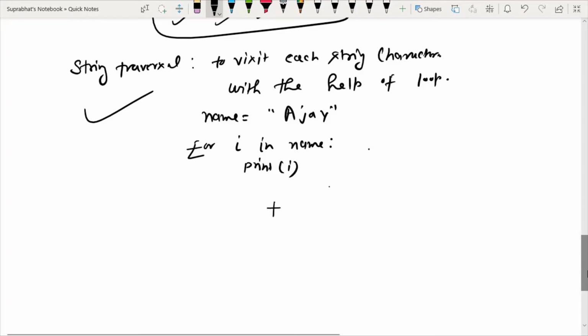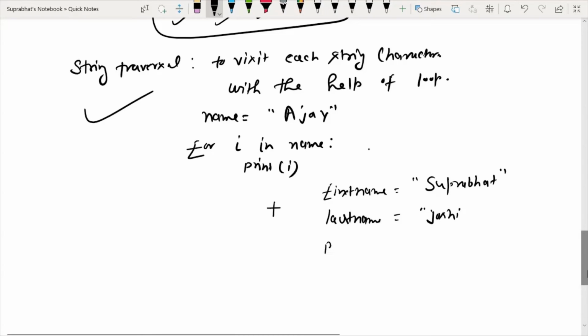For example, I have first name, which I have taken as Suprabhat, and last name, which I have taken as Juicy.